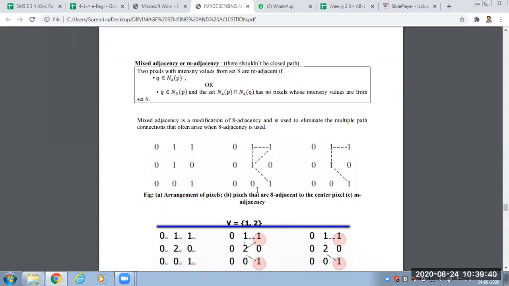So we are considering two examples here. In the first example, the set values are 0, 1. In the second example, I am changing the set values to 0, 1, 2. In the first case or second case, in 8 adjacency or 4 adjacency, there is a closed path, but in the M adjacency, mutually,